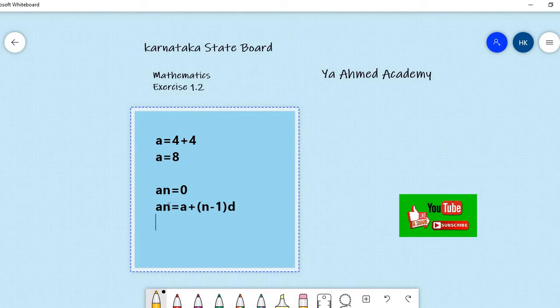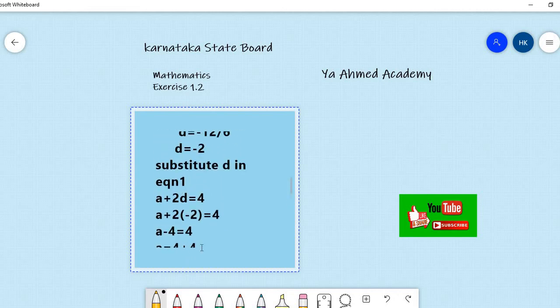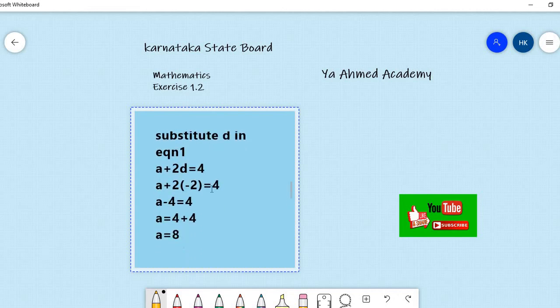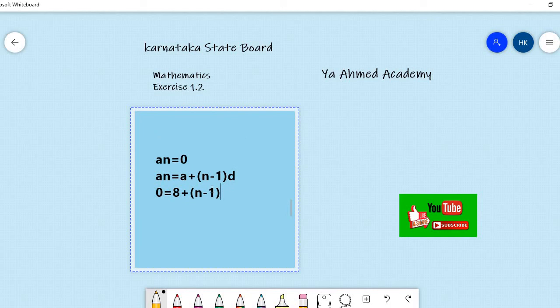Now in an, substitute all the values. An is 0. Then the value of a is 8, right? 8 plus, we don't know the n value, that's what we have to find. So we keep it as it is. Into d, the value of d we found here was minus 2. So write down minus 2. Then just solve it. 8 plus minus 2 into n